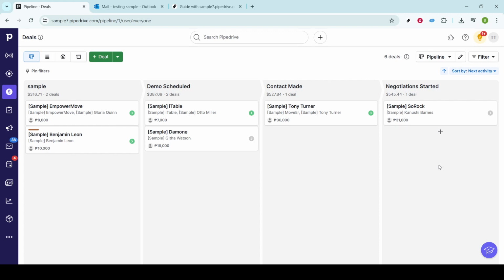With these steps, your pipeline can continually adapt to reflect your current sales process, keeping your strategy sharp and